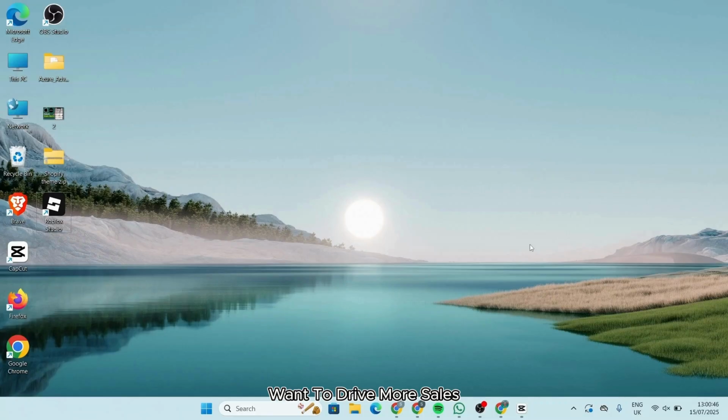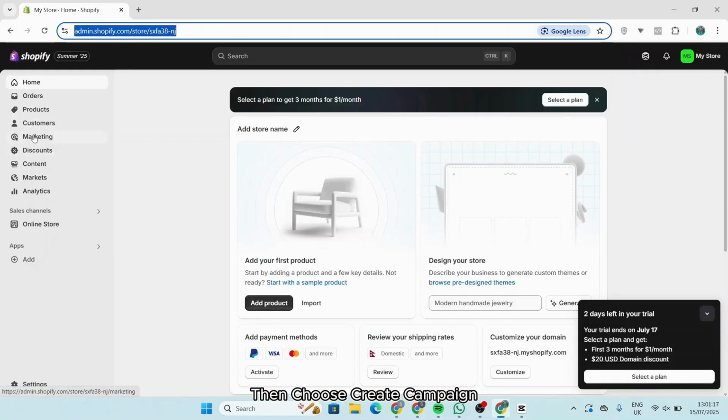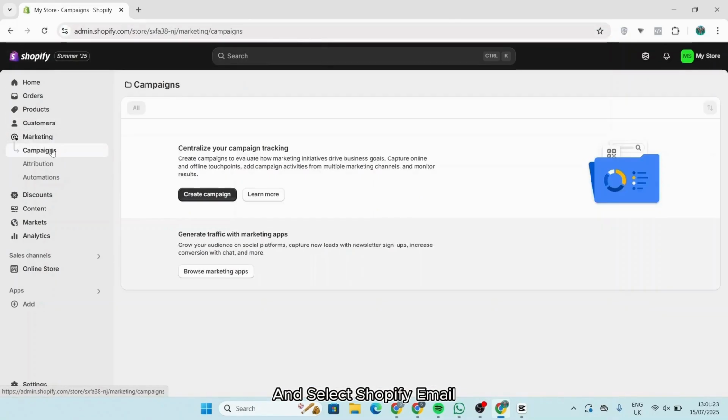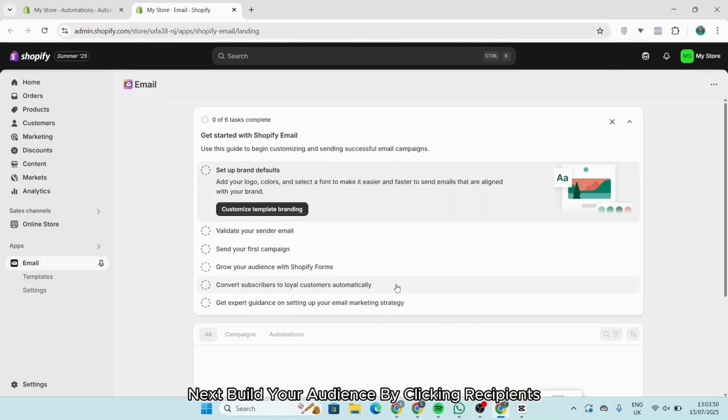Want to drive more sales with automated email campaigns in Shopify? First, open your Shopify admin and click Marketing, then choose Create Campaign and select Shopify Email to enable the built-in email tool. Next, build your audience by clicking Recipients and selecting a segment such as past purchasers or subscribers who